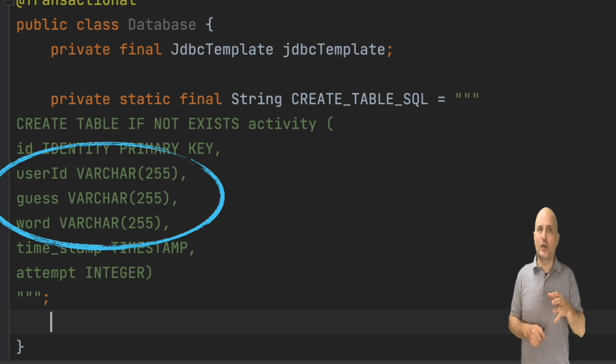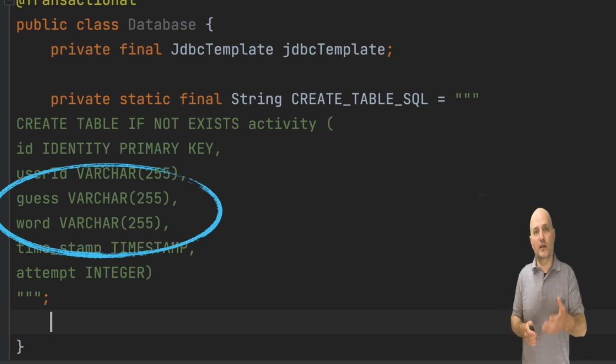The varchar is the database's equivalent of a string. Notice we limit the length to 255, which is pretty common. I did that for all the strings here, including the current guess made by the user and the word he was guessing against.